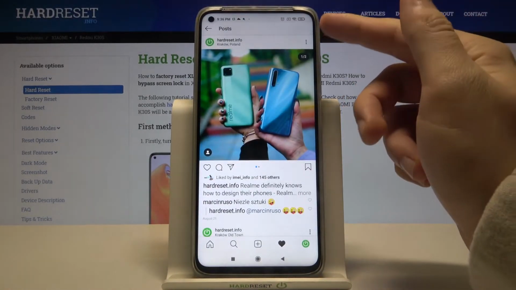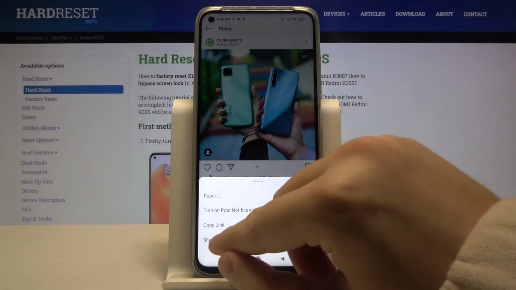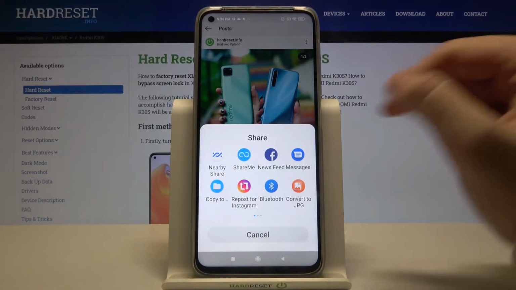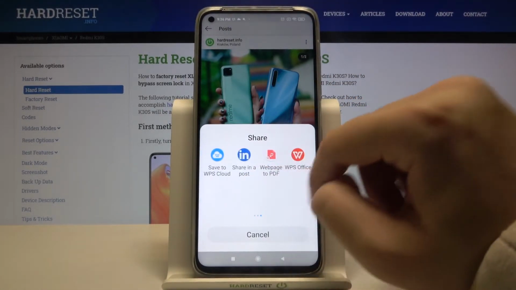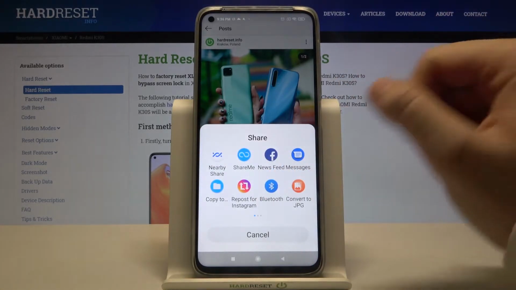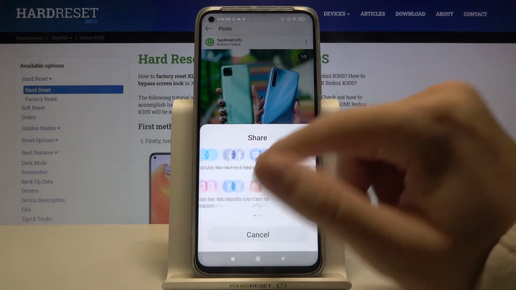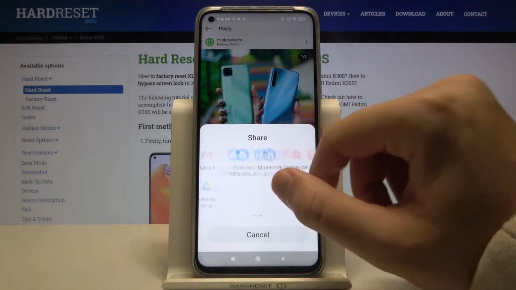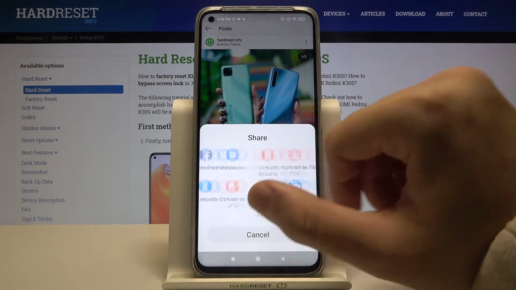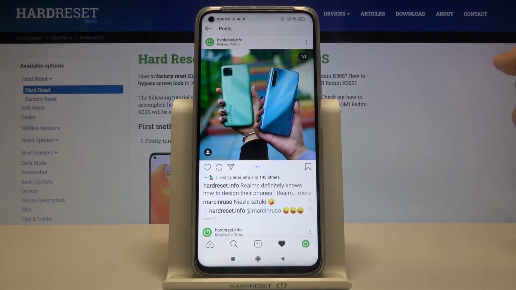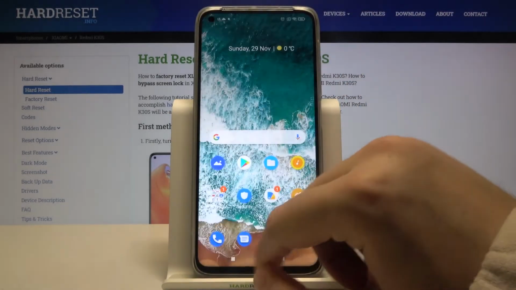Then I'm going to use the three dots in the right upper corner, click share, and right now we have to find our repost application. Of course it's right here, but if in your case you don't have this application here, you have to swipe to the right side and you will find it here. So I take it, and right now we have to go back to this app,